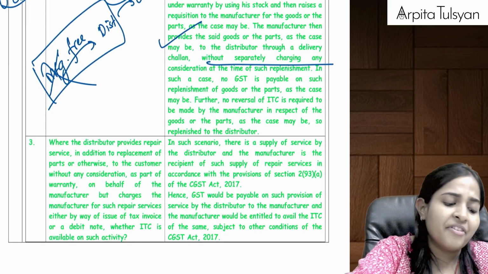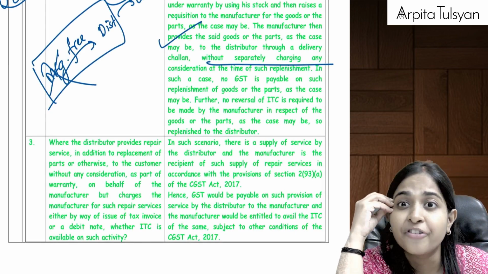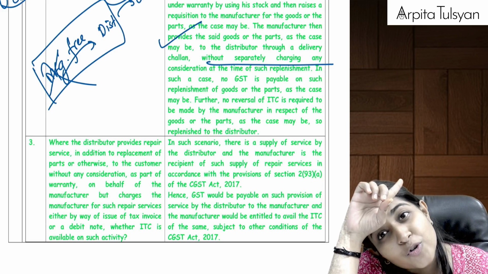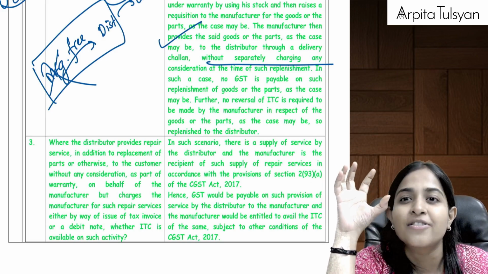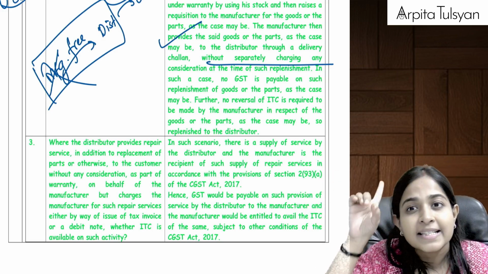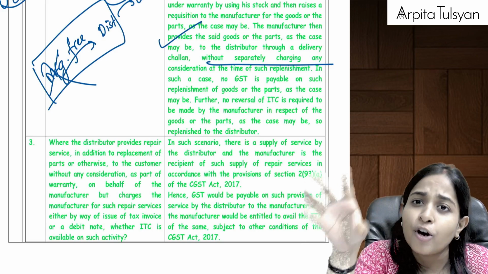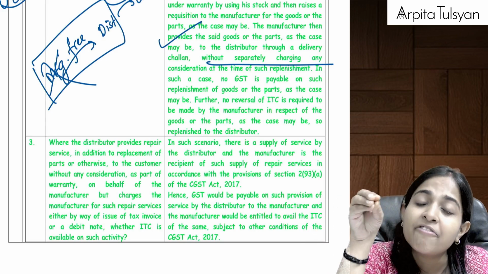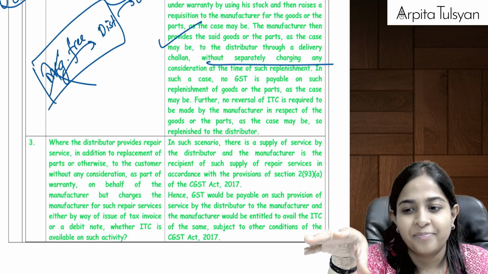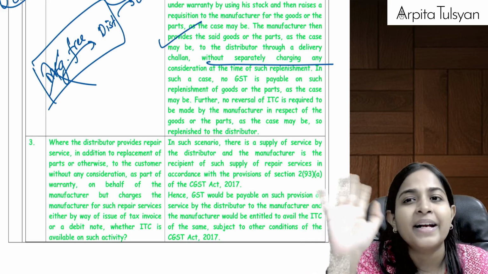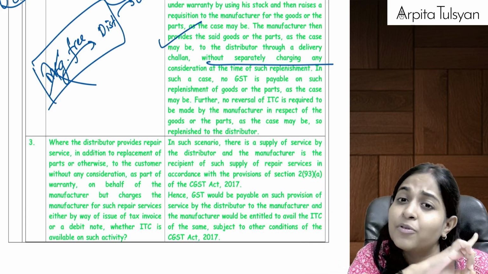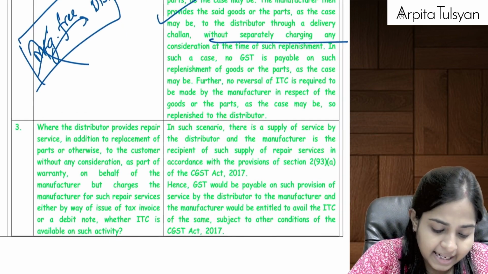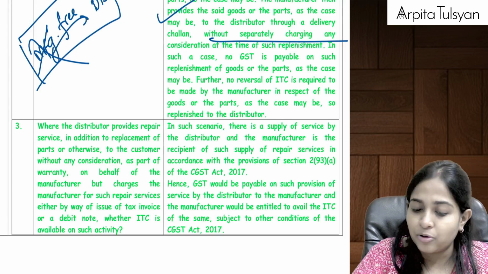So basically, whenever you hear the words free warranty, for the purpose of paying GST there will be no GST, because the value was already included in the original goods value. Let's say I have purchased this AC for 45,000 rupees and they are giving me 1 year free warranty also. It means in that 45,000, I have paid for that warranty. Later, when there is a free replacement, at that time again there will be no GST applicable. GST was applicable initially itself. Yes.